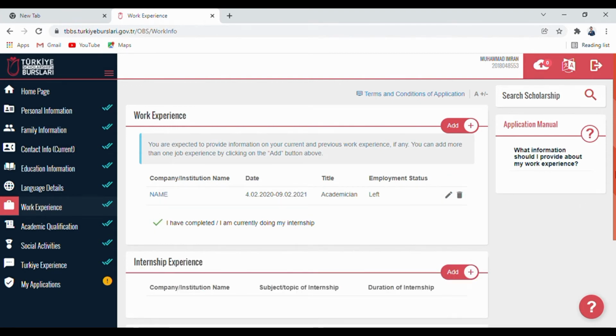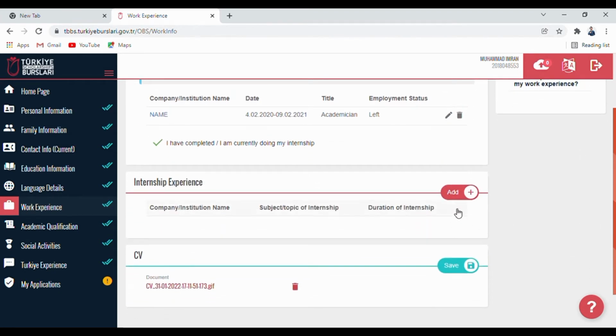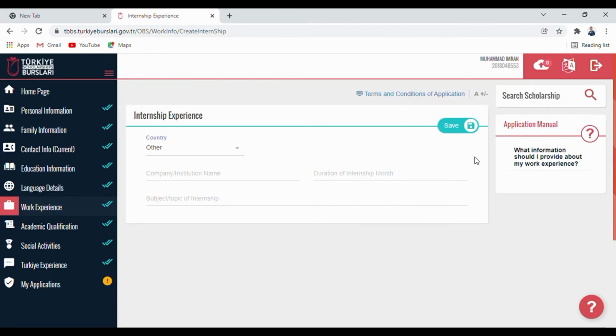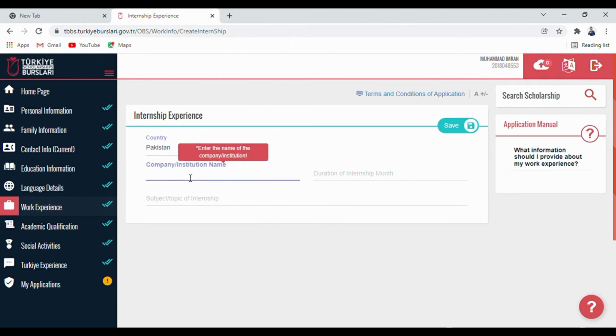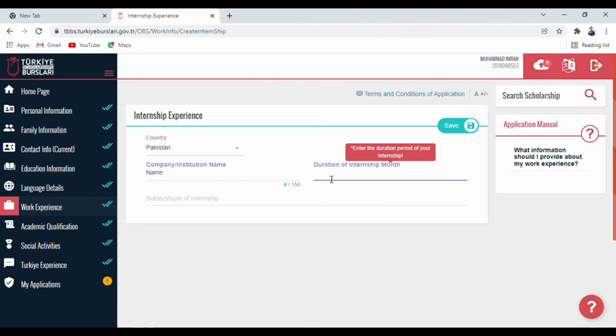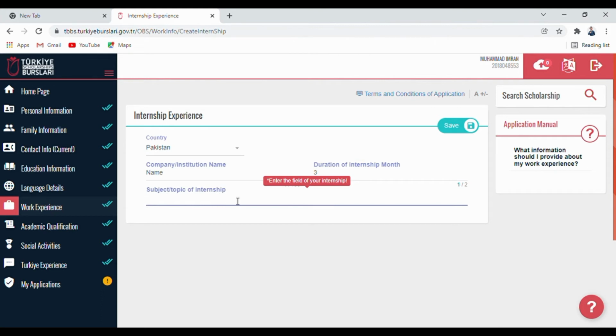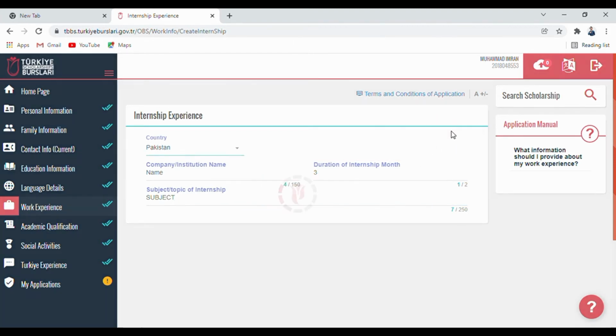After clicking on that button, you have to click on the add button to add internship experience. After clicking on the add button, you have to first select your country. After selecting your country, you have to provide the company or institution name where you are doing your internship. Then you have to provide the duration of the internship in months. After duration, you have to tell the subject or topic of your internship. After telling the subject or topic of your internship, you have to click on the save button and